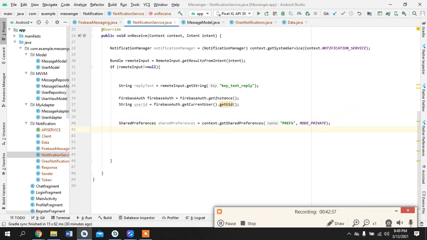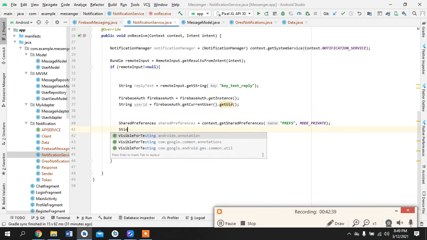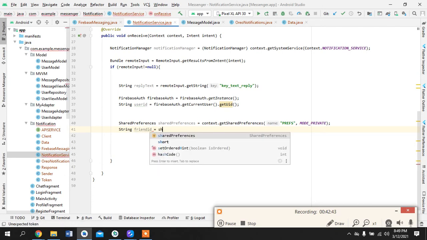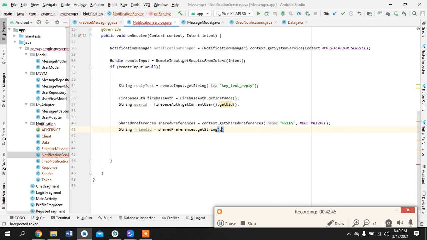Perfect. So we have stored the receiver, whoever the receiver is, and the receiver's key was friend ID, and the default value could be anything. So what we do here is, and also we take, because we have to pass the time, because that's what